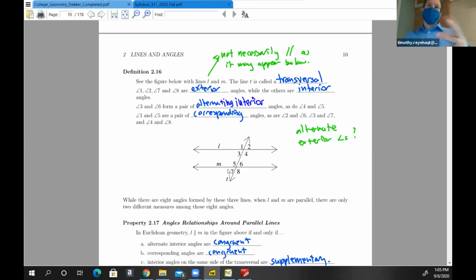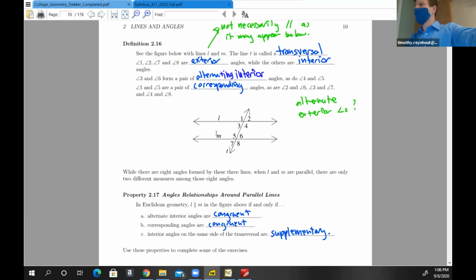So this is the converse of what many people had wanted to use, that alternate exterior angles are congruent. Since we're looking at the converse, we need to find a way to justify that L and M are parallel. And this is where I saw some issues. Some people just swing in a sledgehammer when they just needed a very small tap, tap, tap. That's not as big of a deal, but we also want to make sure we're clear.